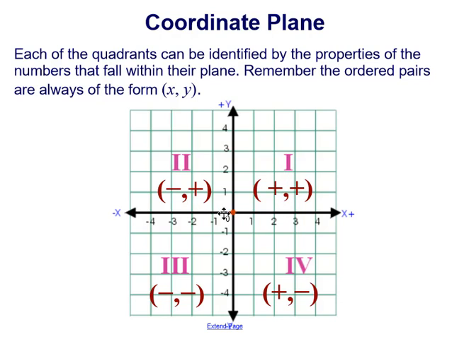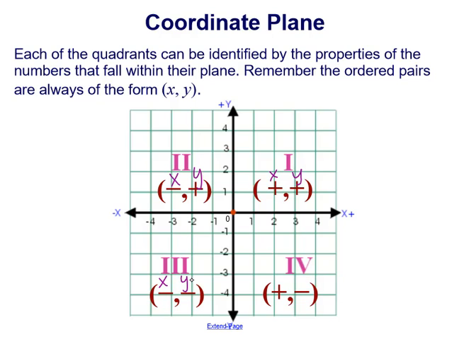In the second quadrant, you'll have a negative x coordinate. Right, so we can almost think this is the x and this is the y. So here in quadrant 2, you're going to have a negative x coordinate and a positive y coordinate. You're moving to the left in the negative direction on the x-axis, but you're still moving up in the positive y direction. In quadrant 3, both your x and y coordinates will be negative because now you're moving left and down to get to that quadrant.